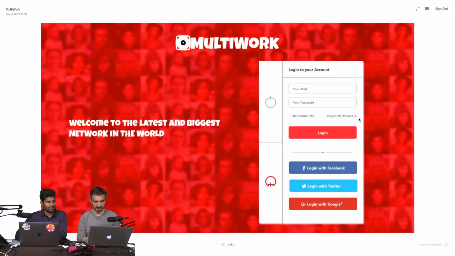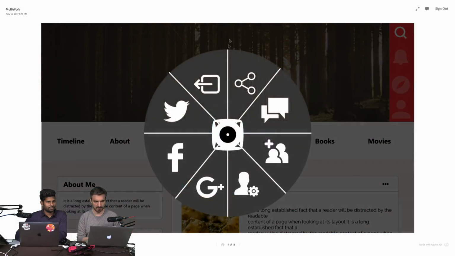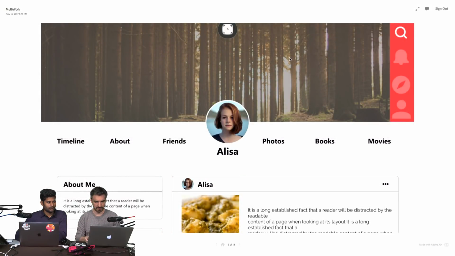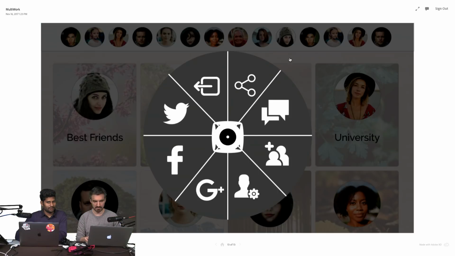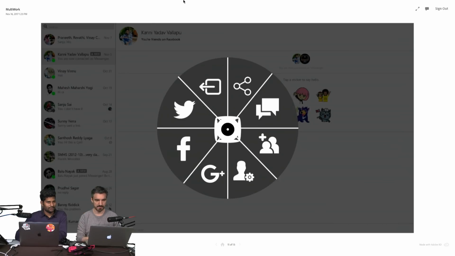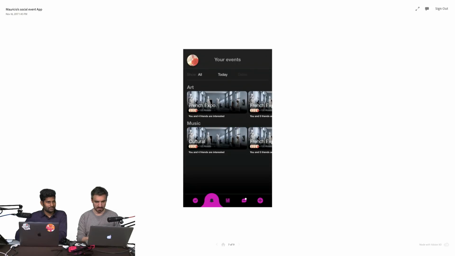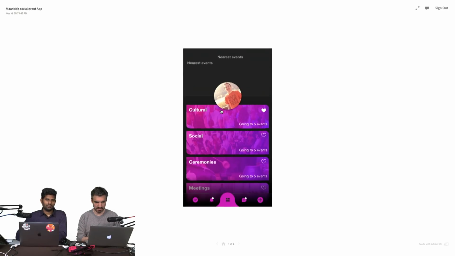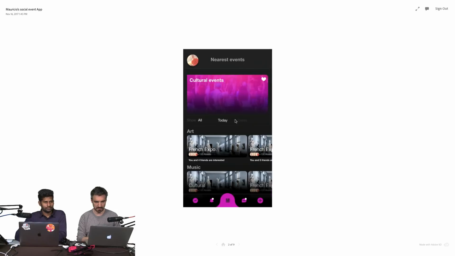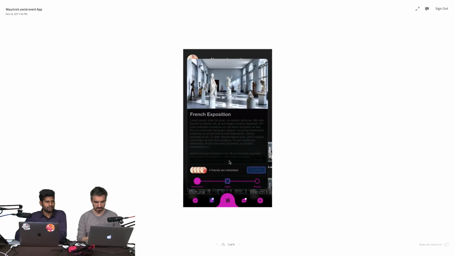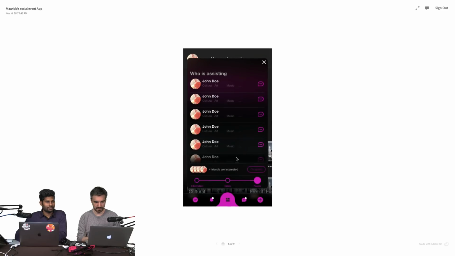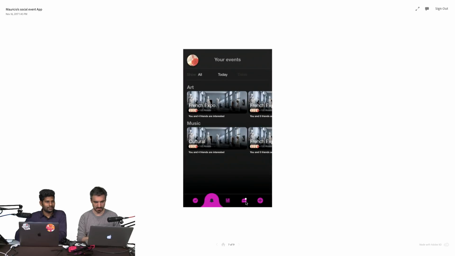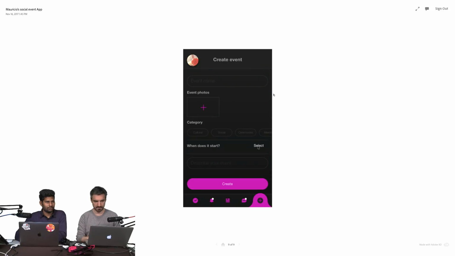Okay, back here. I think there was a login experience too. And there was something else with all the pictures. You can just go through the screen. Yeah, there was a calendar, like the full login experience. And what was it? Yeah, the event next to you with the dark theme. Cultural events, French Expo. This is the slider. Notifications. Yeah, this looks cool.